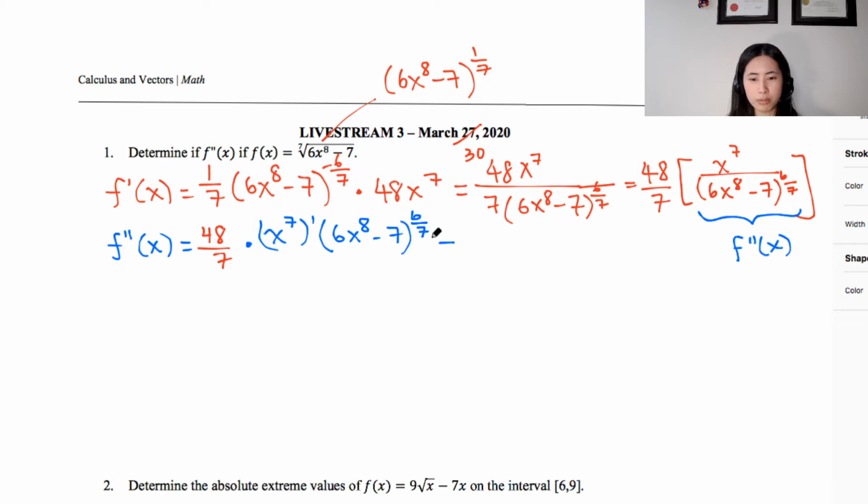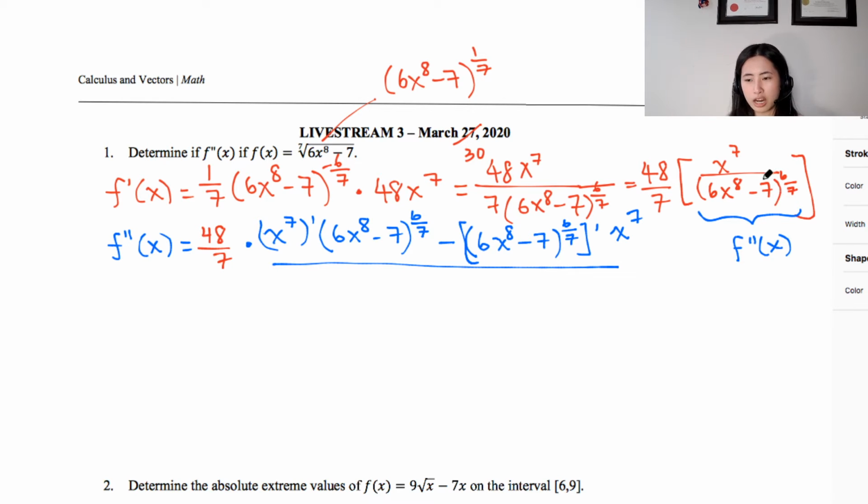So remember to subtract, and then you take the derivative of your denominator, 6x raised to the power of 8 minus 7 raised to the power of 6 over 7. Once you've taken the derivative of that, you multiply that by your numerator, which is x raised to the power of 7,